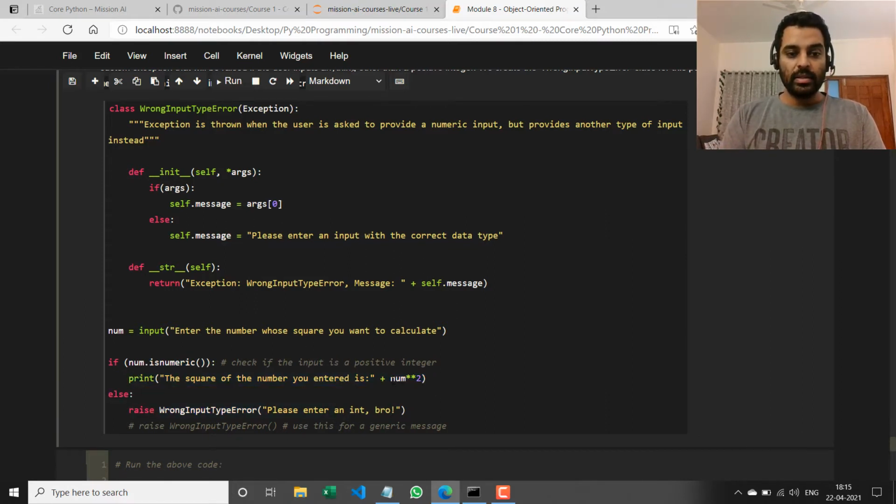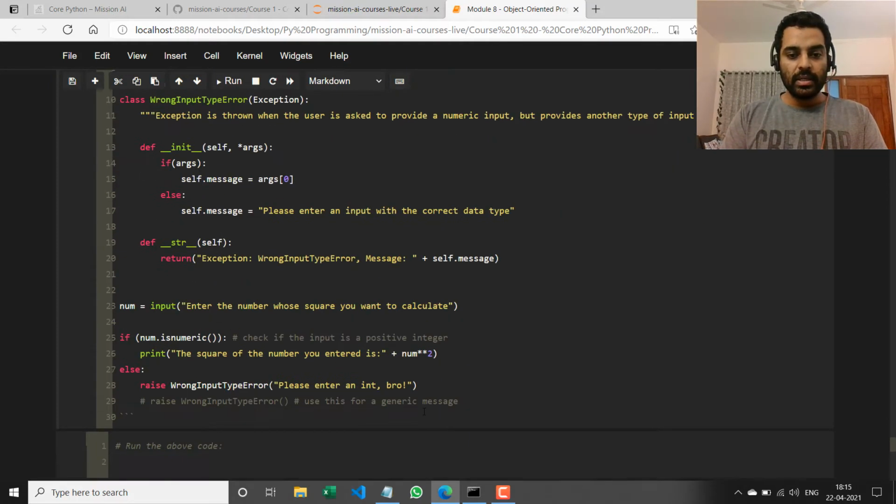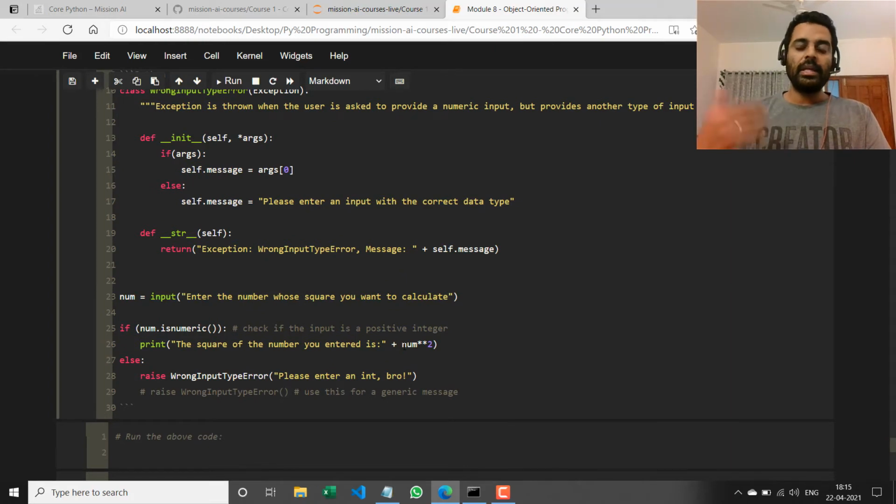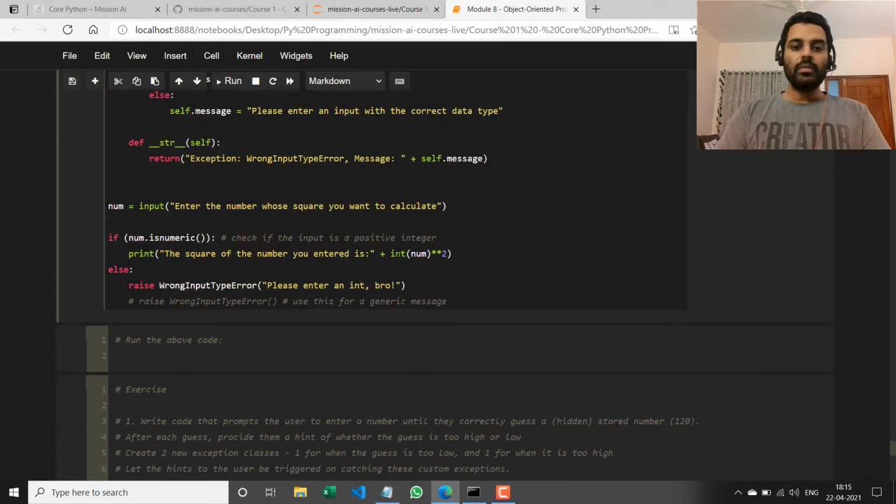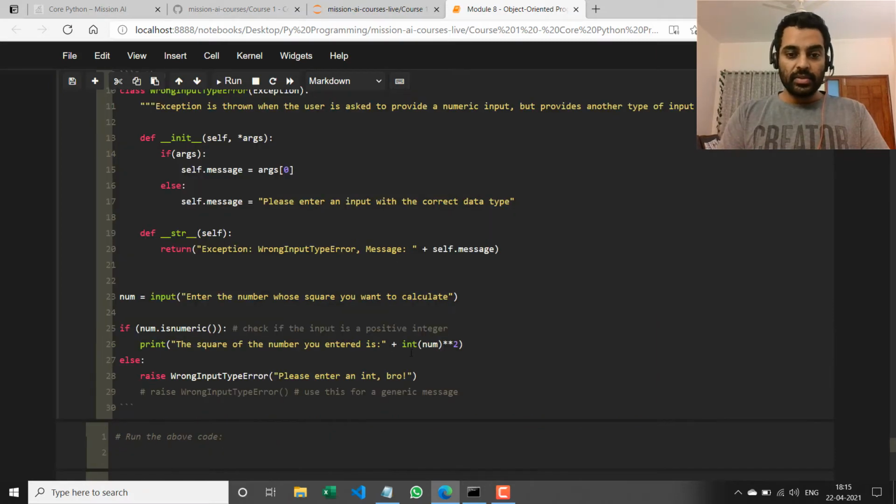And this should throw an error because num square would indicate num is an integer, but I need to convert it to int first and then square it. Int of num square, right? And then I need to convert that to a string because I'm concatenating it with a string, right?